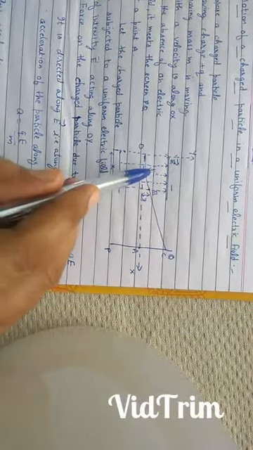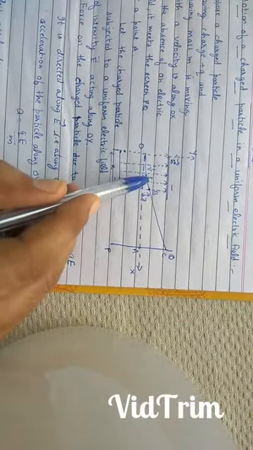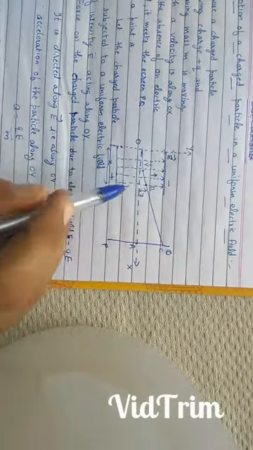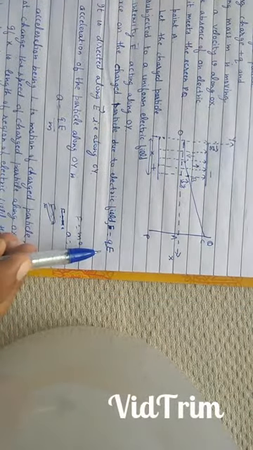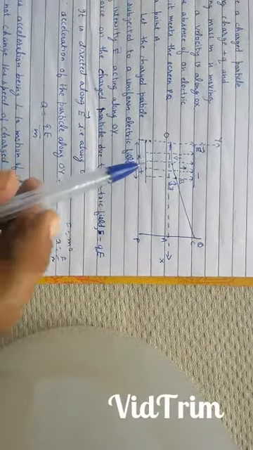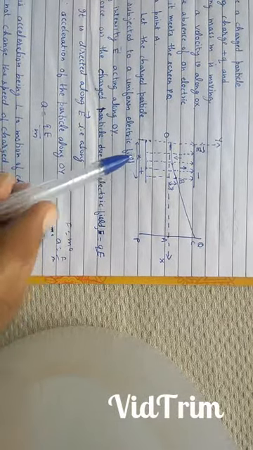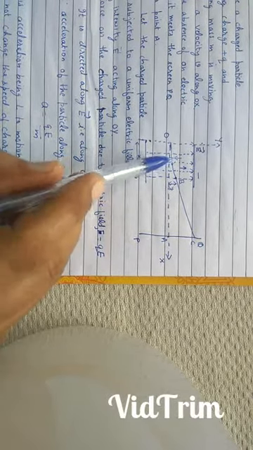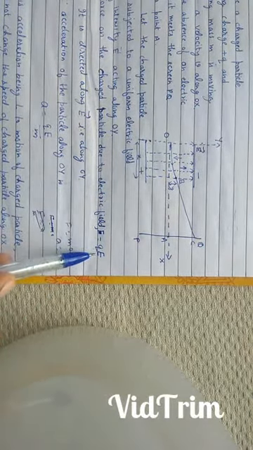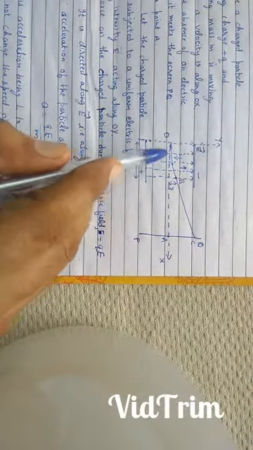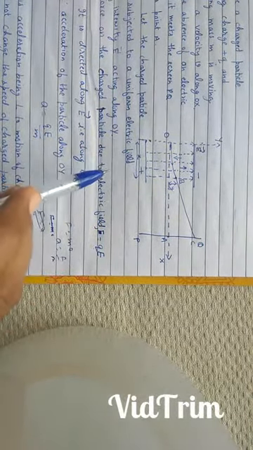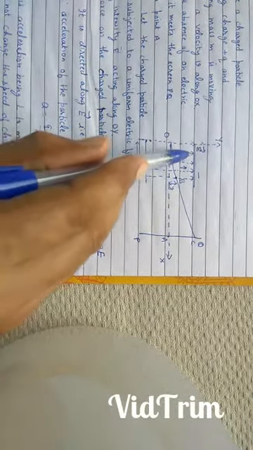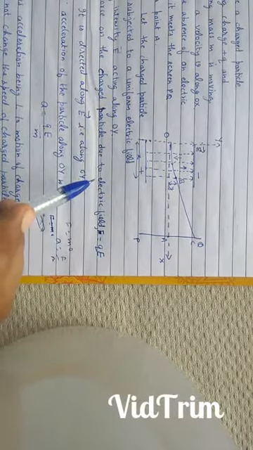Some important conclusions: if the charged particle is at rest or moving in the direction of the electric field, then it will experience a force F is equal to qE. Therefore the particle gets accelerated, or its speed increases. If the charged particle plus q is moving in a direction opposite to the electric field, then it will experience a force F is equal to qE in a direction opposite to its direction of motion. Therefore it is retarded. If the charged particle is moving in a direction perpendicular to the direction of the electric field, then it moves on a parabolic path.